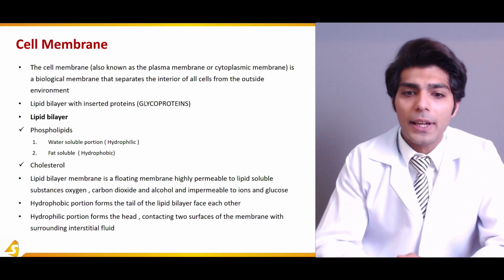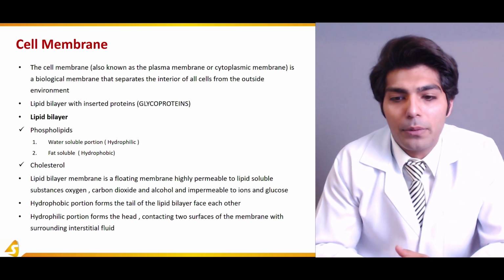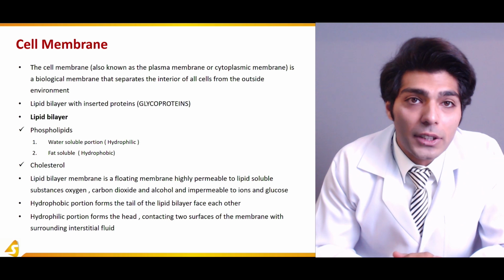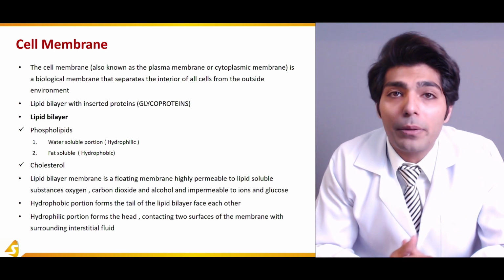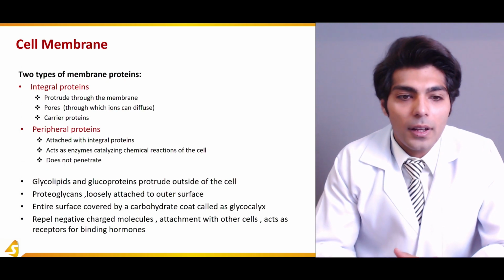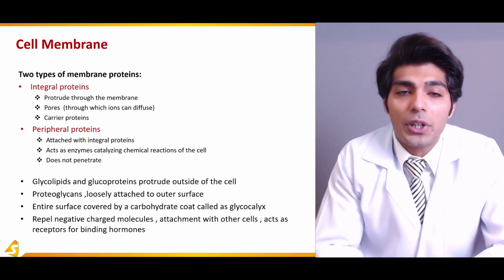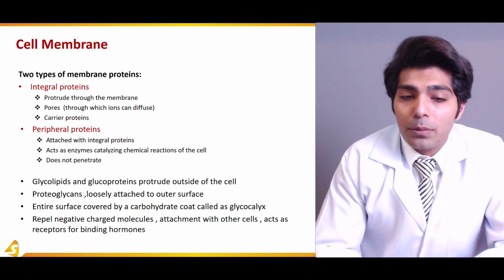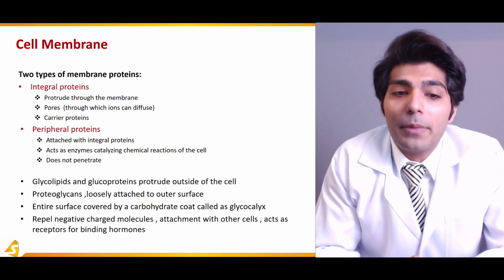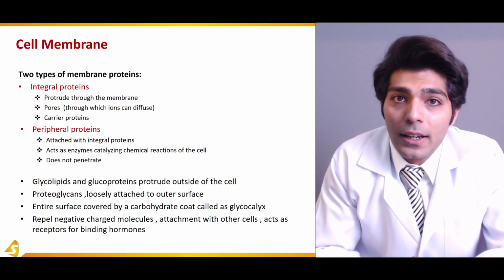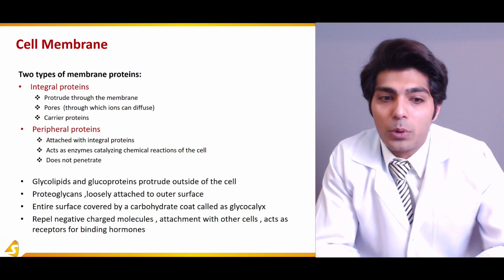The lipid bilayer membrane is a floating membrane which is highly permeable to lipid soluble substances like oxygen, carbon dioxide, and alcohol, and impermeable to ions and glucose. There are two types of membrane proteins: integral proteins and peripheral proteins. Integral proteins protrude through the membrane. They have pores through which the ions can diffuse,